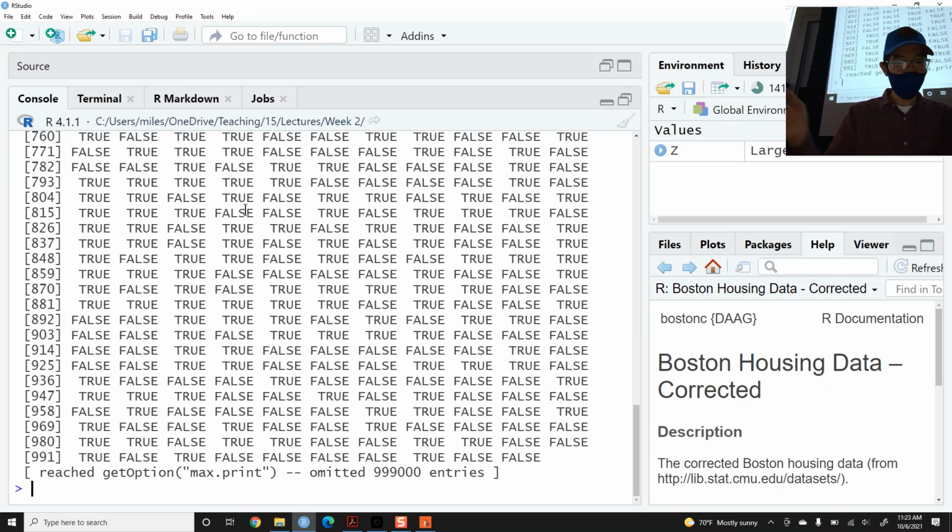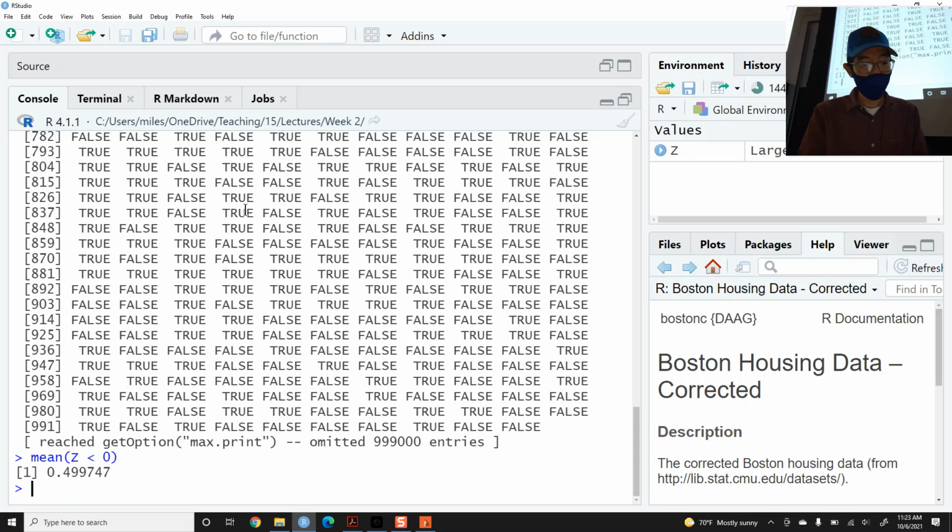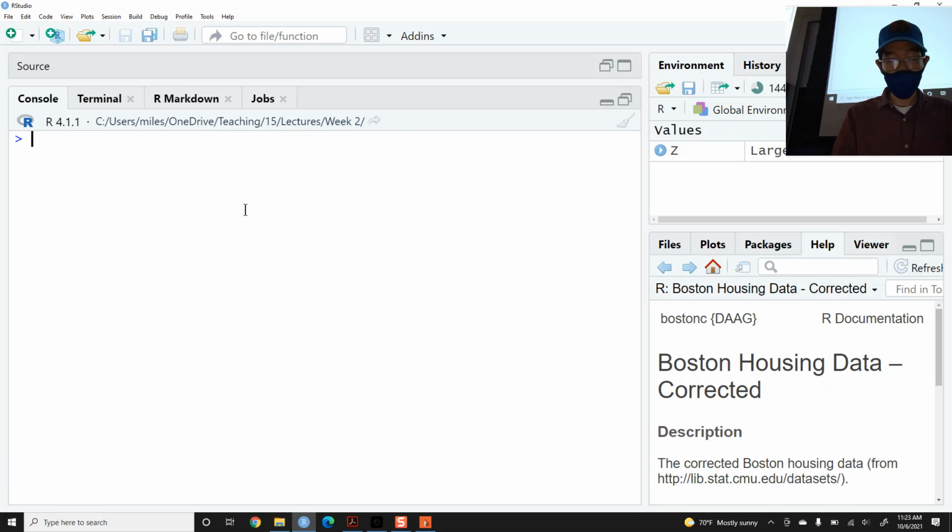We get a vector of true false values, and we can ask what is the mean of z less than 0? We get 0.4997. So this is the empirical value,